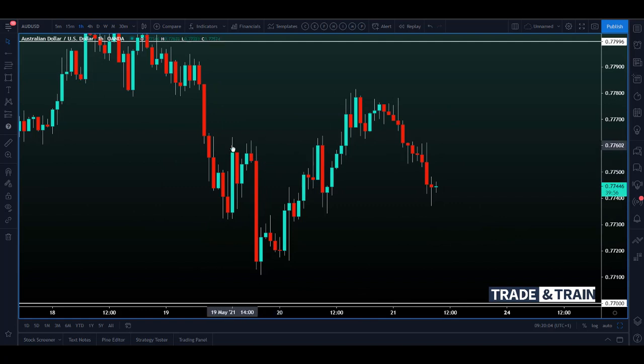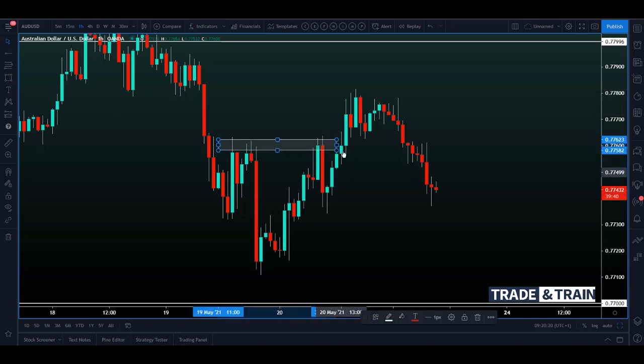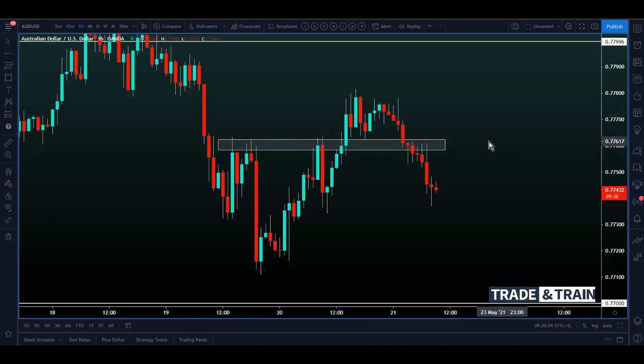Now, can you see here that this is resistance? Price is moving upwards and it can't push any further up and sellers take it down. It comes into the same area here and has the same effect. Eventually it breaks. Let's pull this across. Eventually it breaks,